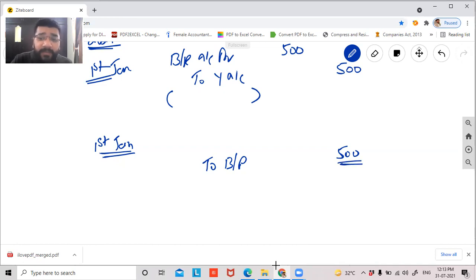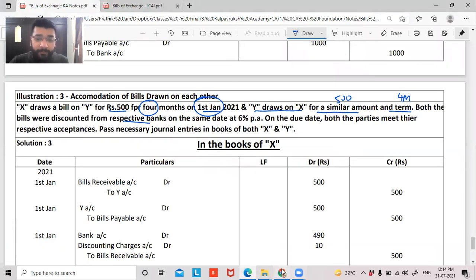And this 500 rupees, what we are paying, did we enjoy anything in anything? Did X enjoy anything worth 500? No, sir. So we did not enjoy anything. So this 500 rupees we have to pay on behalf of Y. So we'll be receiving this 500 rupees from Y in future. So Y account debit 500 rupees. Okay, not okay.